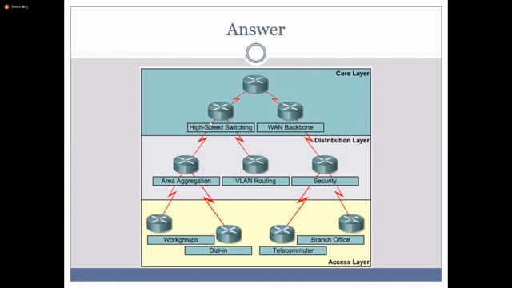How did you do your switching practicals, at home, or did you visit a lab? Simulation tool only, like Packet Tracer.